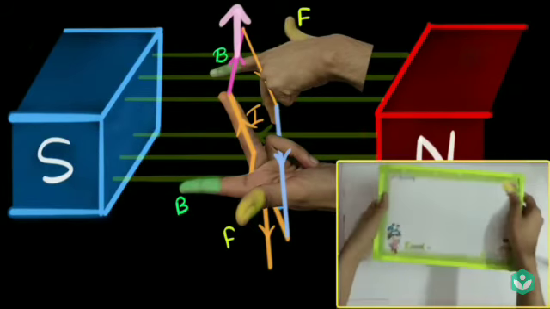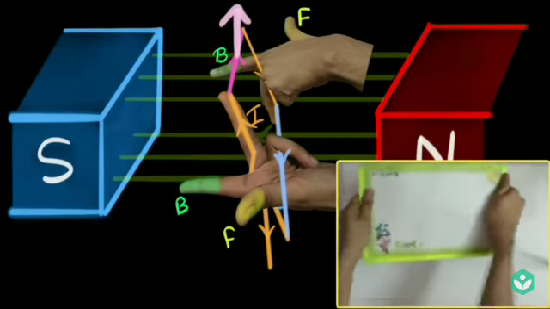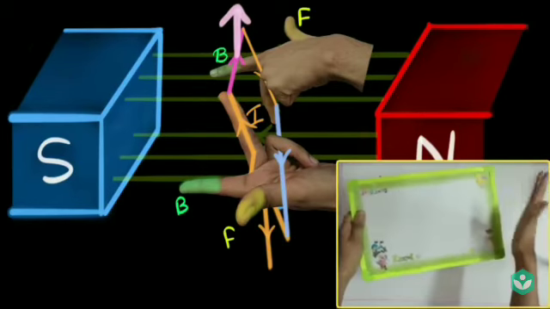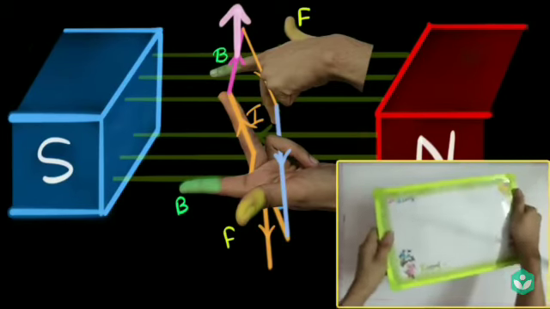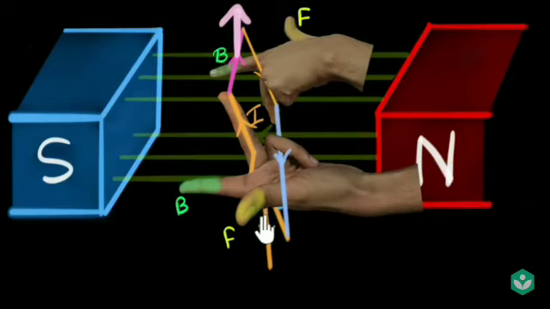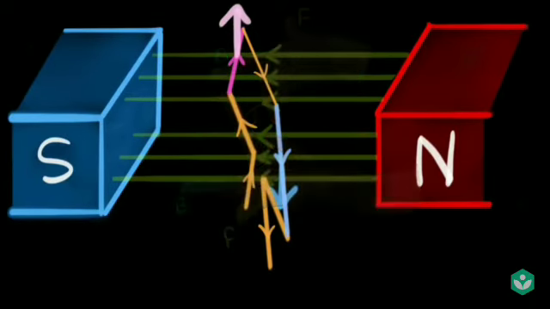So there are forces acting on these wires, but what are these forces doing there? They are just pulling this coil apart. It's just like taking this board and pulling it like this. These two forces are not going to do anything. They are just going to cancel each other, and as a result we are going to totally ignore these forces. They will not affect our rotation at all. So throughout the entire rotation we will ignore the forces acting on this side and this side.